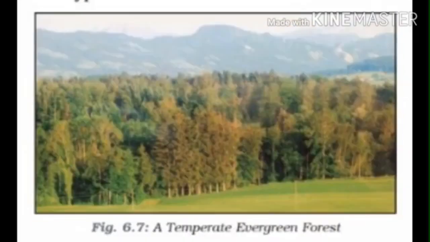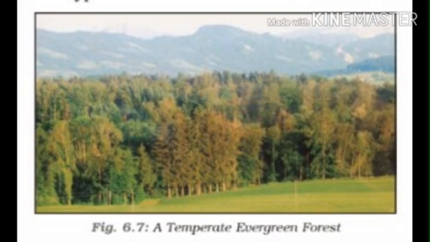Next one is temperate evergreen forest. These forests have both hardwood and softwood trees. Okay. Then timber is also found in this type of forest. It is extremely valuable. Do you know that, children? Then these forests are very thick. Okay. What vegetation is found in this type of forest? Oak, then pine, eucalyptus, then walnut, camphor. These are the main trees found in temperate evergreen forest.